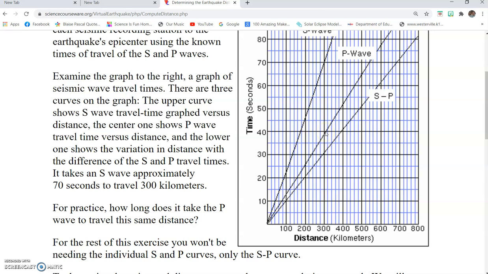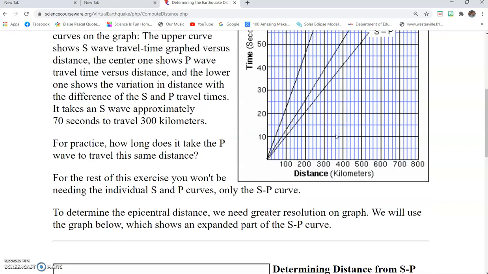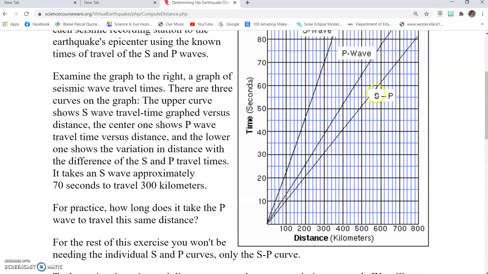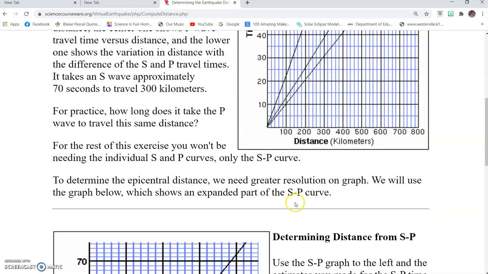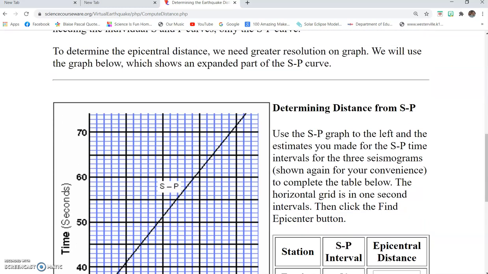So it only takes approximately 40 seconds for the P waves to travel 300 kilometers. Much faster than the S wave. For the rest of this exercise, you won't be needing the individual S and P curves, only the SP curve. To determine the epicentral distance, we need greater resolution on the graph. We will use the graph below, which shows an expanded part of the SP curve.